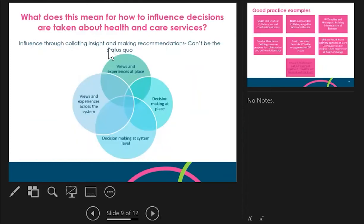So one of the things that we have been talking to Healthwatch about is that if you want to influence your system, you can't necessarily go just with place-based information. Healthwatch particularly are systematically gathering the views and experiences of people using health and care at place and trying to influence decision making at place, and that's not going to change. But if you want to influence decisions that are being taken at a system-wide level, which have far-reaching consequences for large numbers of people, then you need to be able to present the views and experiences of people and communities